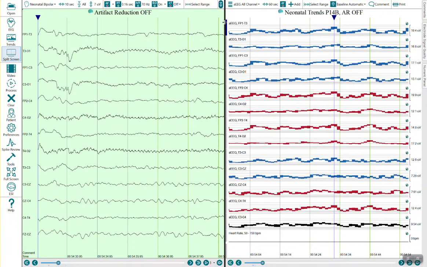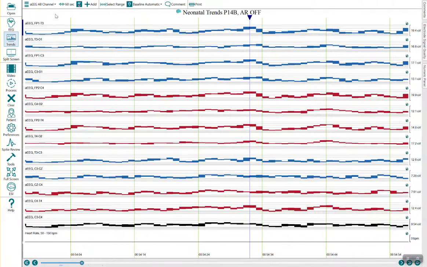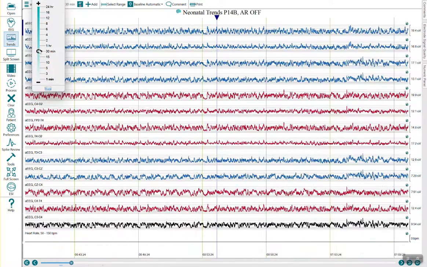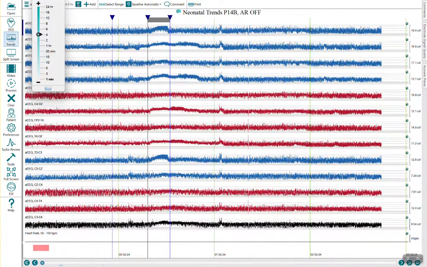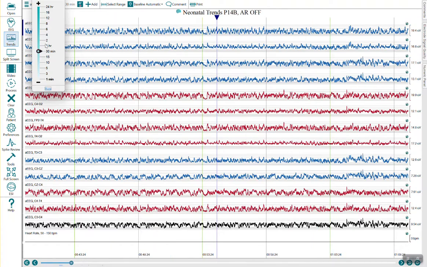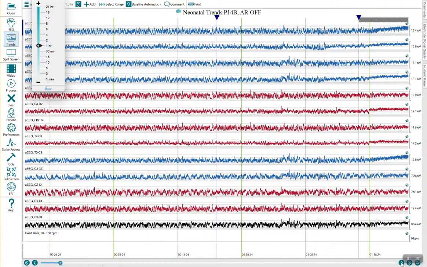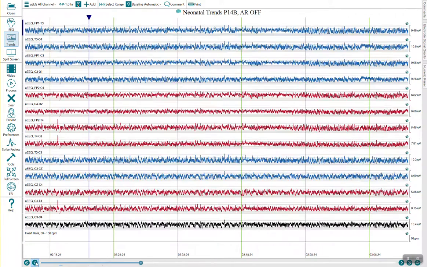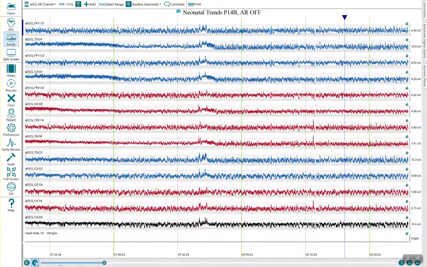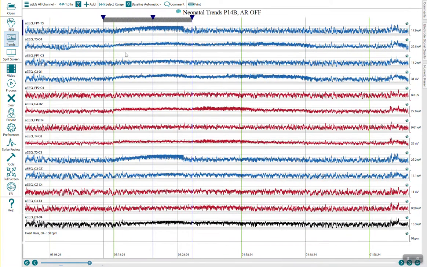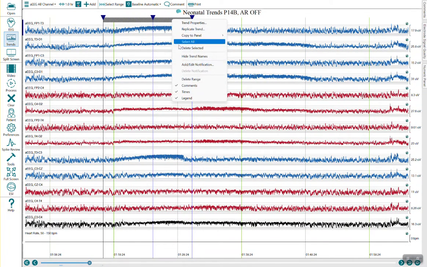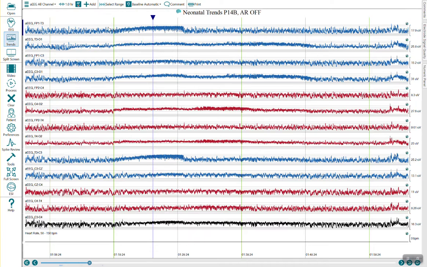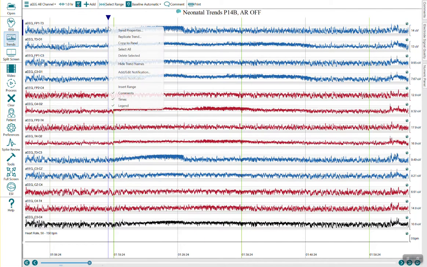To get them for a range of values, we put the trends full screen. We can increase the trend duration if we want to mark a particular range. Well, maybe not 4 hours, we'll just do out to an hour. I use that single arrow over on the right to position this where I want. And to pop that range in there, let me go ahead and delete the range. I just left click to put the cursor start, right click, insert range,